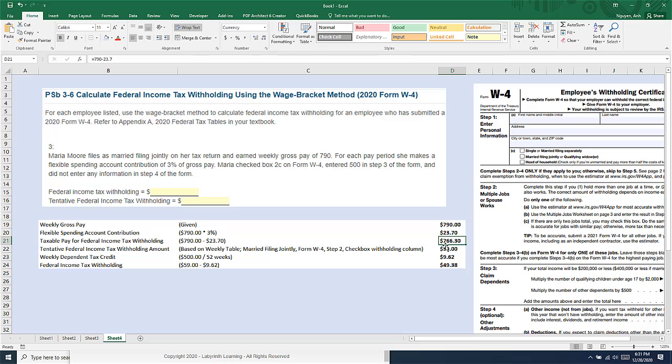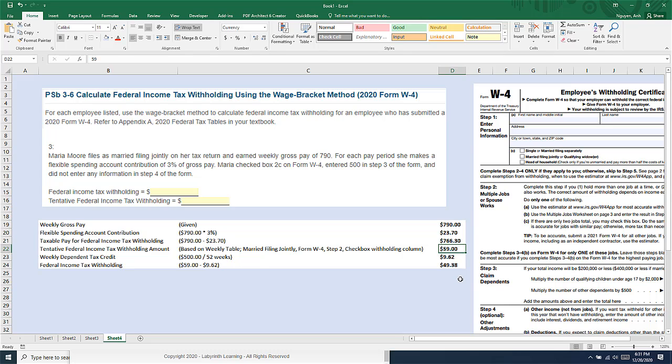Then we look up $766.30 in our tax table, the wage bracket method, based on the criteria, being married filing jointly, the check mark of box 2C. We look in that column in the tax table, and then the wage here, $766.30, to obtain this number for the weekly pay,